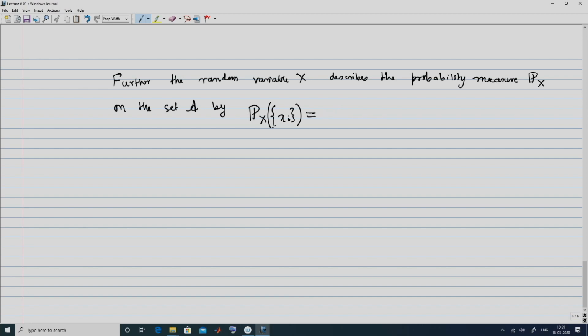So, A is basically now working like some sort of a sample space, and this is going to be nothing but probability x equal to x i, and this is called the probability measure defined by the random variable x. So, accordingly,